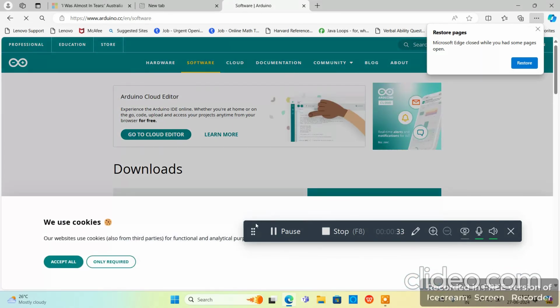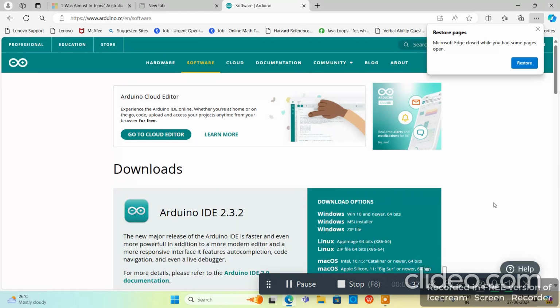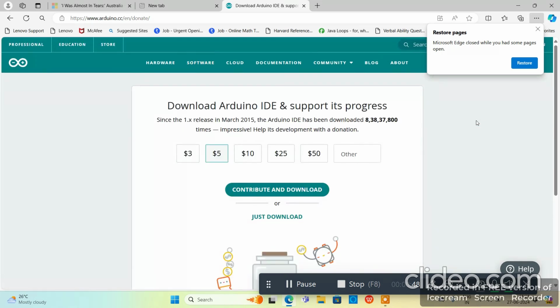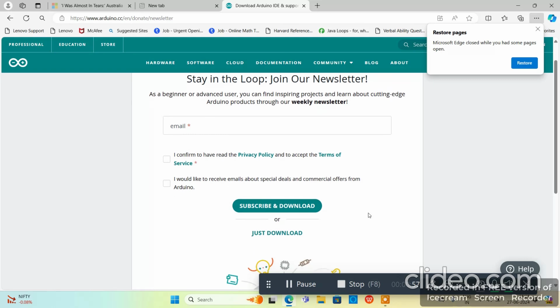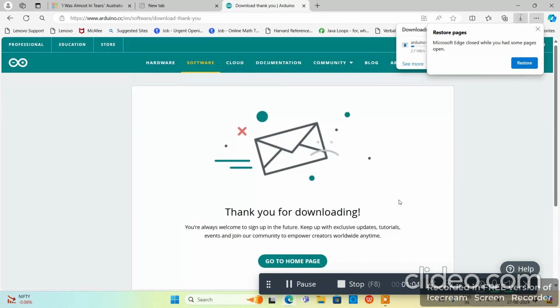and based on the versions, like Windows 10, Linux or Mac, based on the OS you can select it. Mine is a Windows based OS, so I will select Windows 10. Just click, then you'll get a message for contribution. If you are interested you can contribute, or just click on just download. If you want to provide your details you can, or else just click on just download. And this is for the fast process,